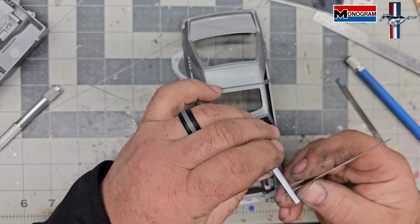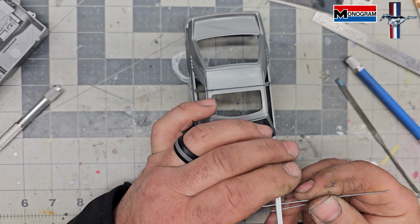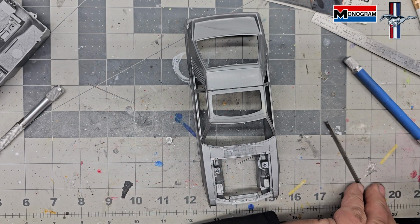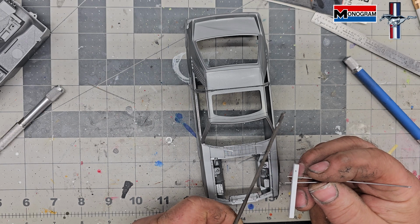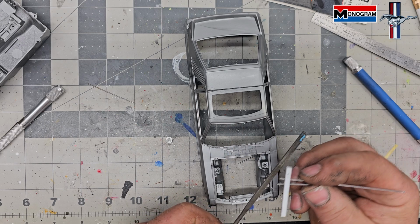Obviously the further up I go, the more rigid it'll get, so it'll keep it more steady for me. So playing around with it, I think this side here, it cuts the plastic better on here. I tried to file it a little bit. This is a points file out of it for a car. If you guys are of age that knows points and condenser, these are the files you use to file your points. So I got a couple of these around here. So I was trying to put a little edge on here,